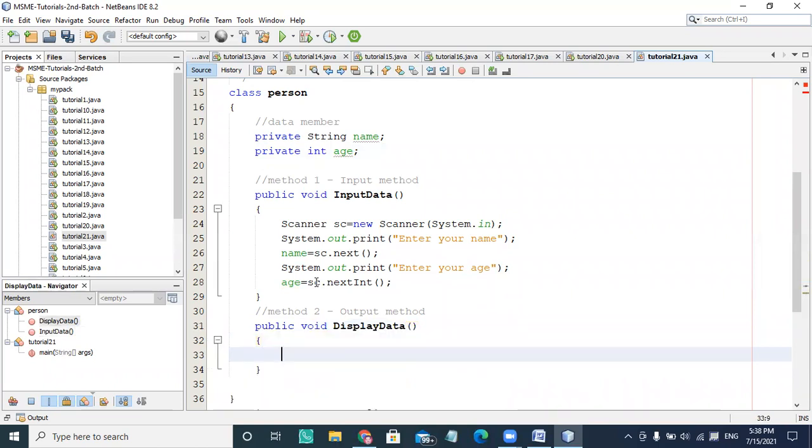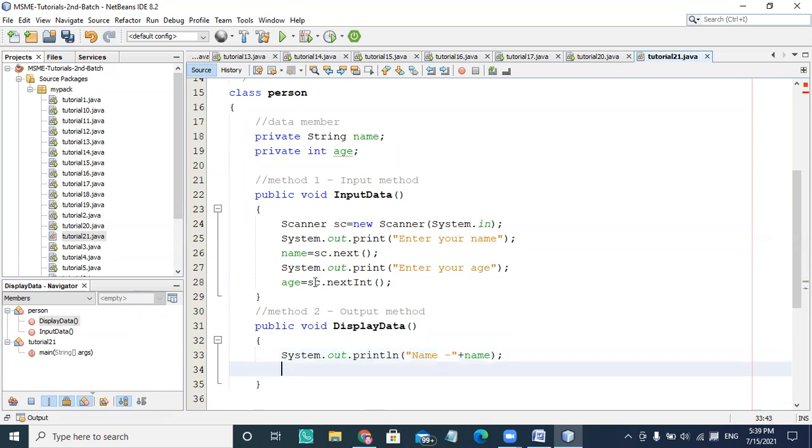This displayData method will display the name of the person which I entered: name, then the plus sign and the data member variable name.